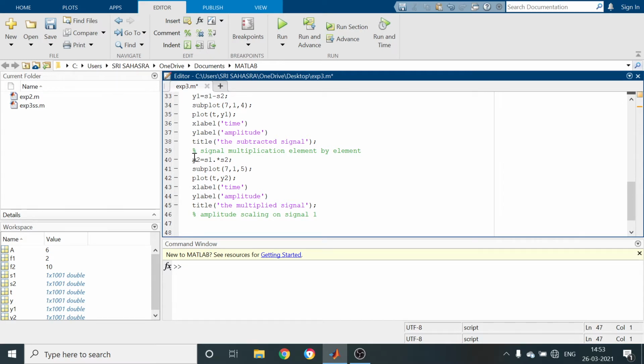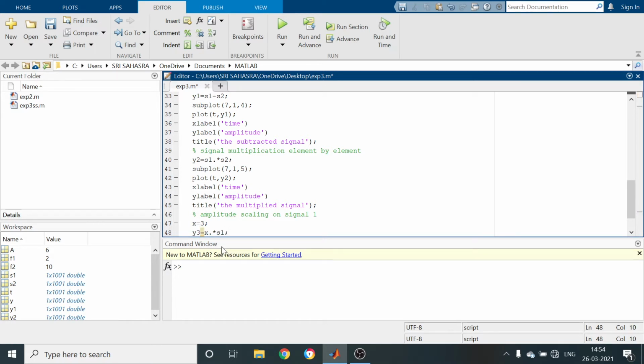So here I am going to take the letter X, X equal to 3, a constant. Now I am going to multiply. I am going to say y3 equal to x dot star s1.